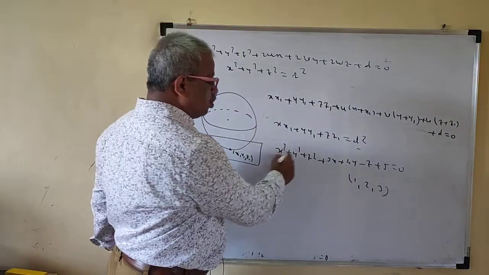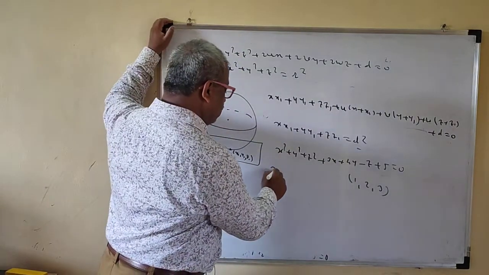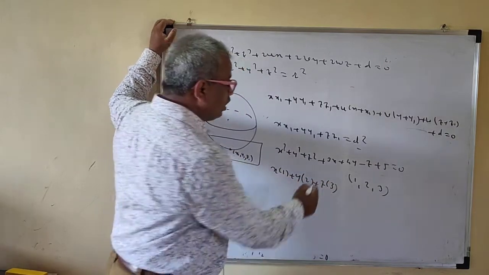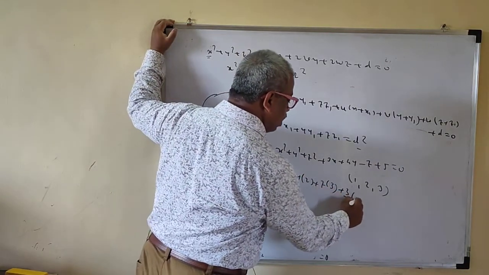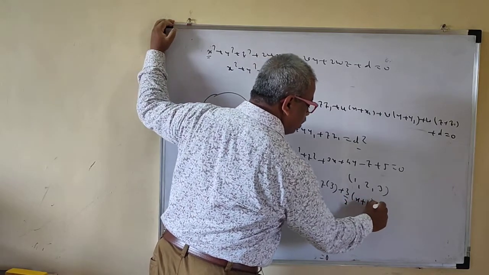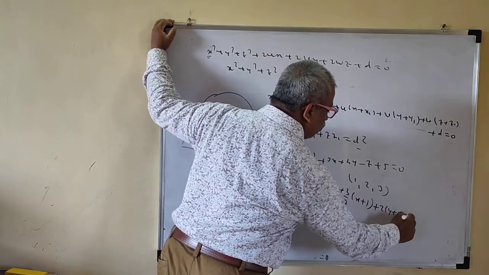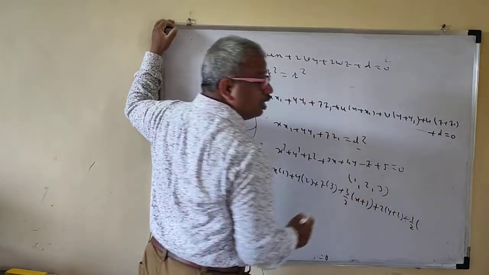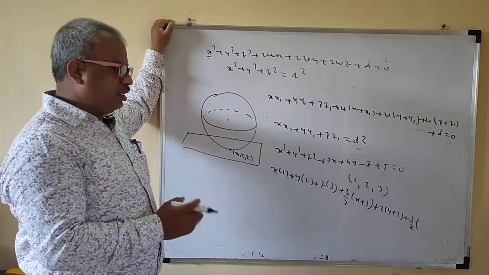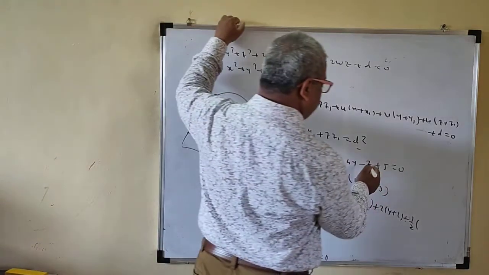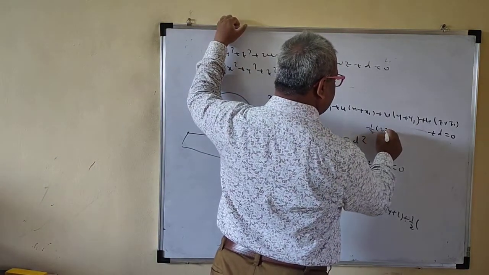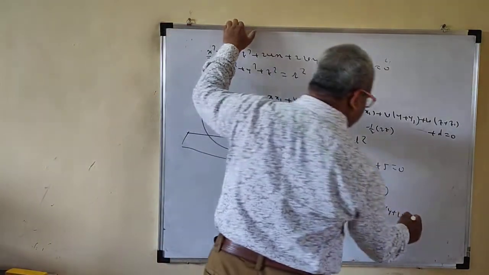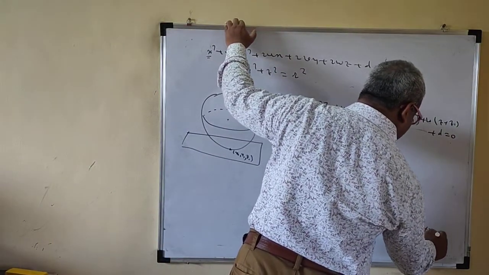Then the equation of the tangent is x into 1, plus y into 2, plus z into 3, plus now 3 is there, so 3 by 2 times x plus 1, plus 2 here, y plus 2, plus minus, this is minus half you have to write, because we cannot divide by 2 now here. So this is minus half times z plus z1. Twice z is nothing but z plus z1, and I have to write here z plus 3 is equal to 5.